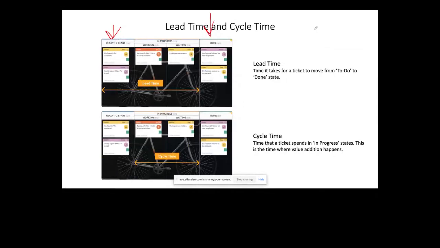That's your lead time, right? So what is marked over here is our lead time. From your to-do state, you will start working on it. And from the time you start work on it until it is done, how long does it take?